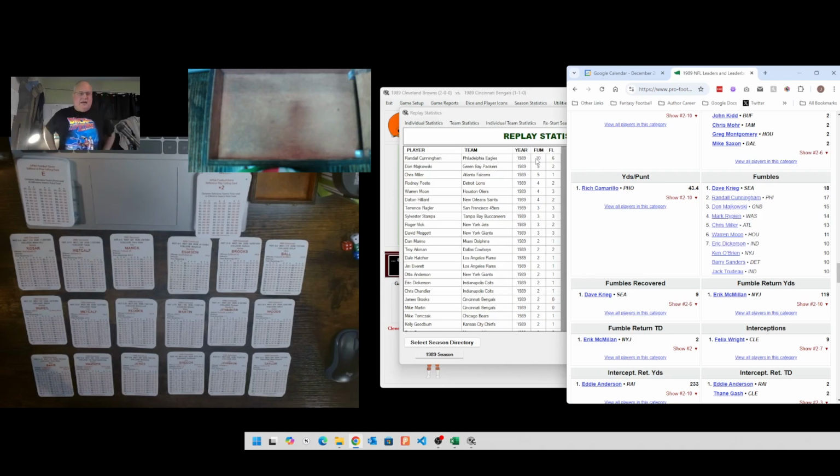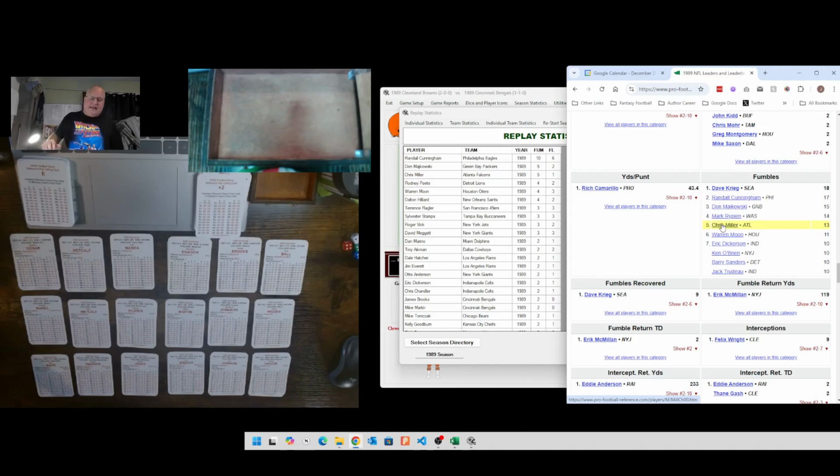If you extrapolate that out to 16 games, that's like 53 fumbles. That's not going to work. Some of the other guys, like Don Majkowski, I like that it's got the guys that led the league. He's in second, third overall. I don't think Mark Rypien has any fumbles in my game, so good for him. Chris Miller, he's third, fifth overall, so that's good. So the guys who are fumbling, that's correct, but the amount of times they fumble is just